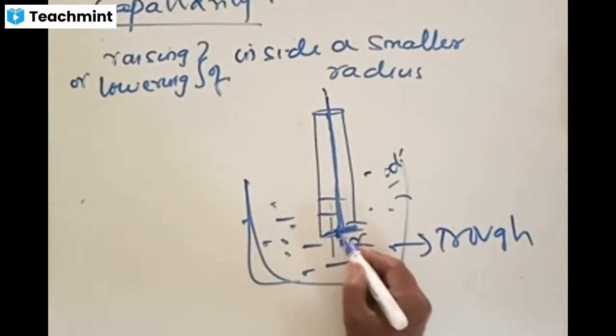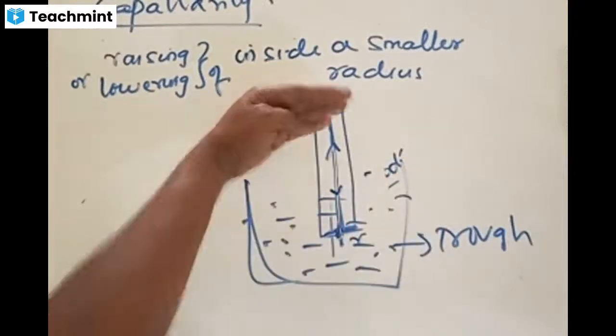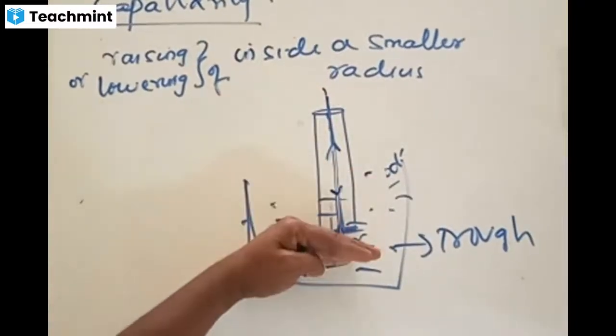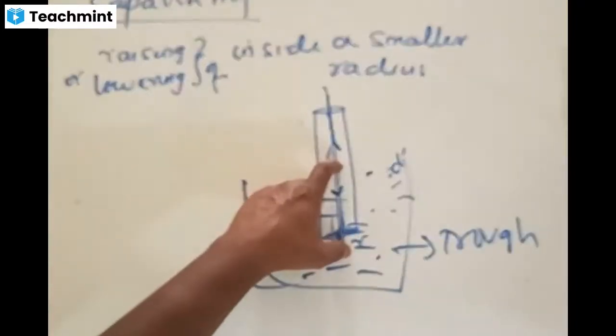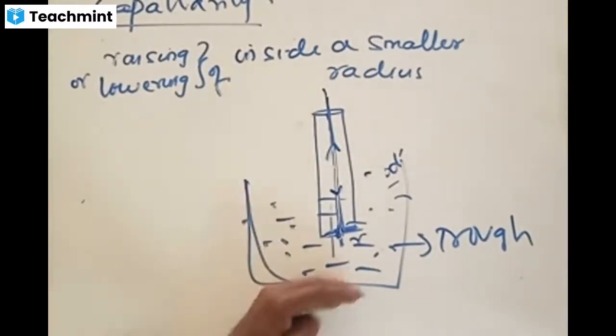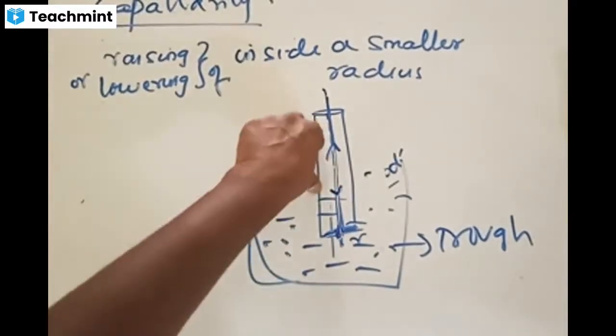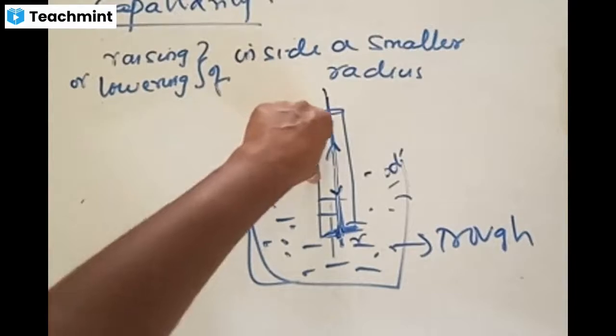The liquid present here will be rising or lowering. Either it comes up to a certain height or it goes down inside this small opening. You'll find that the liquid either rises up or goes down. This phenomenon of rising or falling of the liquid in a glass rod, in a tube, simply called a capillary tube or tube.